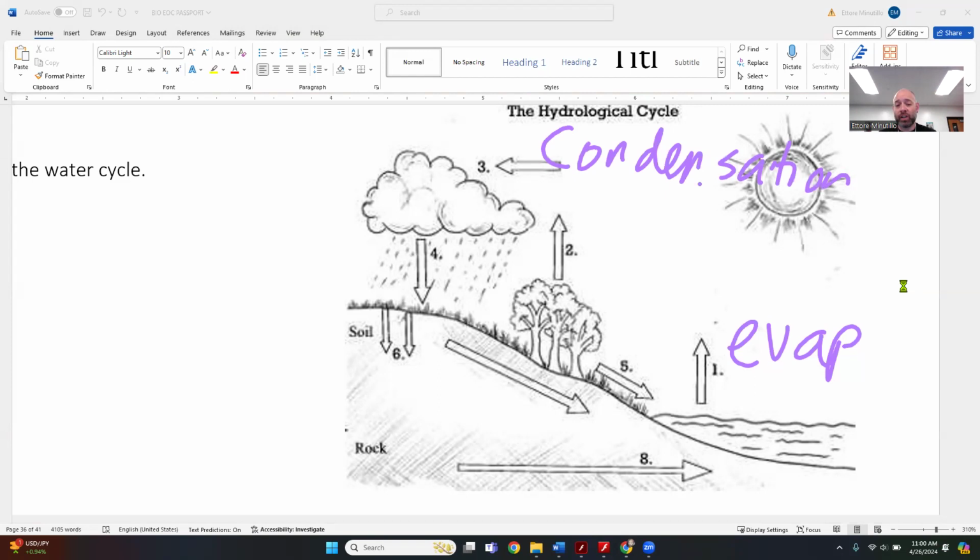Keep in mind, water's polar, so those positive and negative charges are going to pull them all together into bigger and bigger chunks. As the water gets heavy enough, it will eventually fall as rain. The rain or snow that comes down is our precipitation. Fairly sure you guys have heard these words before. As it hits the ground, it may come down into the ground. This is called percolation.